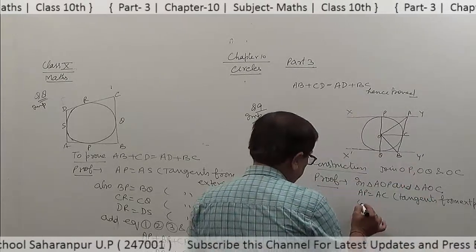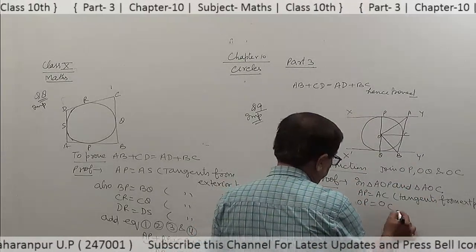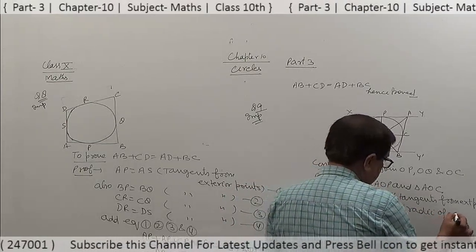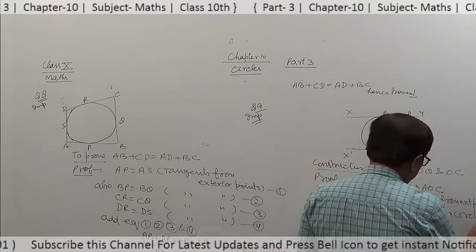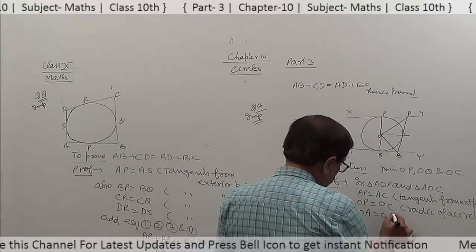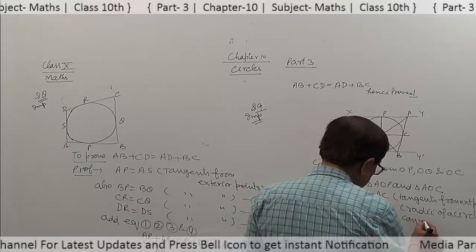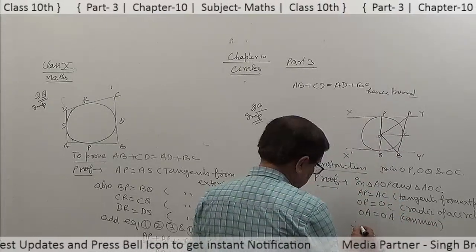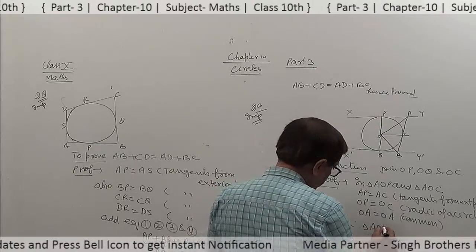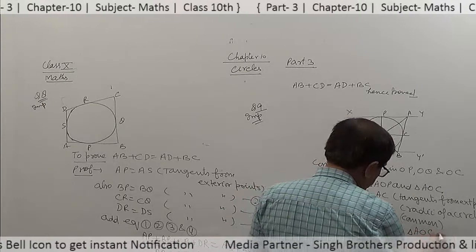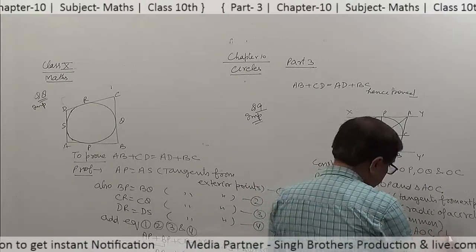OP is equal to OC, radii of a circle. OA is common. Therefore, triangle AOP is congruent to triangle AOC by